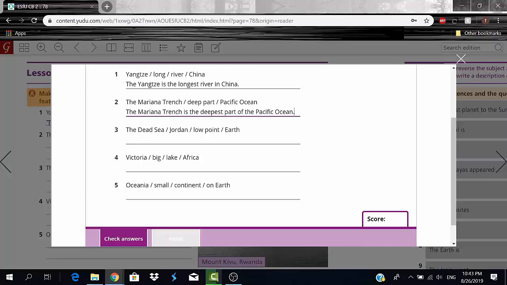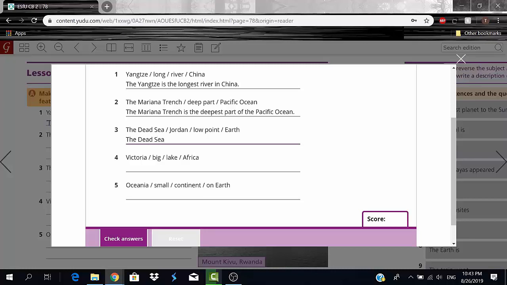Then we have number 3, the Dead Sea, Jordan, low point, Earth. So we can say the Dead Sea, I wrote it as dad. Okay, so the Dead Sea, let me write that in capital.